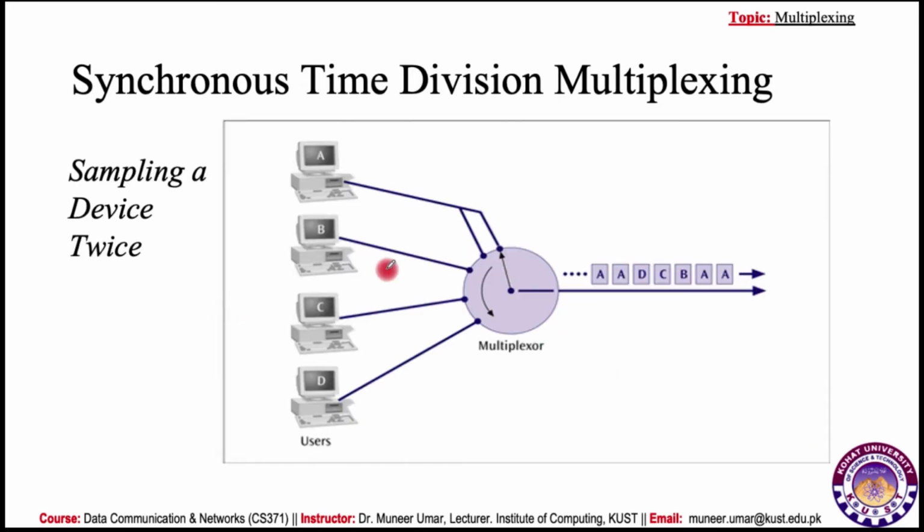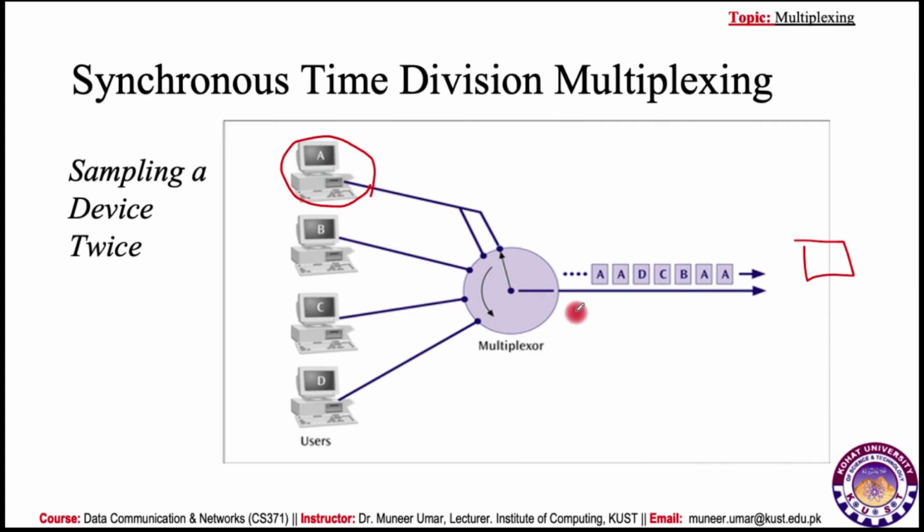The first one is to give more slots to the speedy device, or to use a buffer at receiving side so that that buffer can store the data from a speedy device or device which is rapidly generating or sending